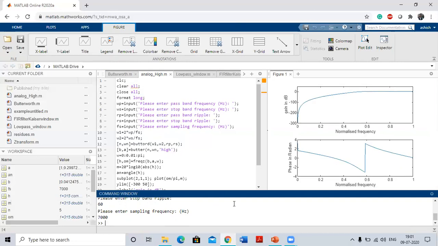You can see I am using the same frequencies as in the last program, but I changed the program. That's why you are getting the high pass frequency response.